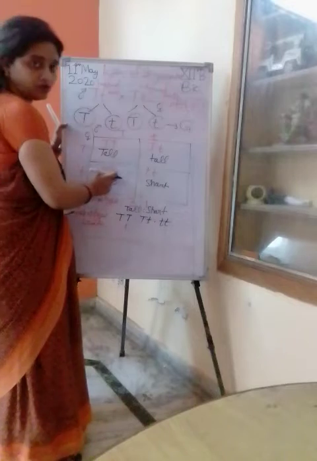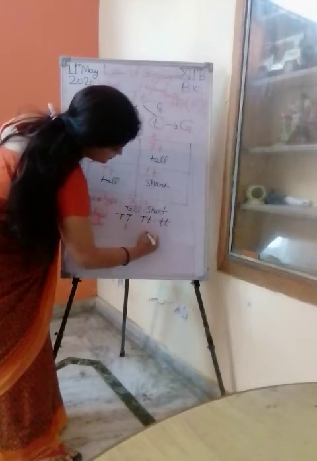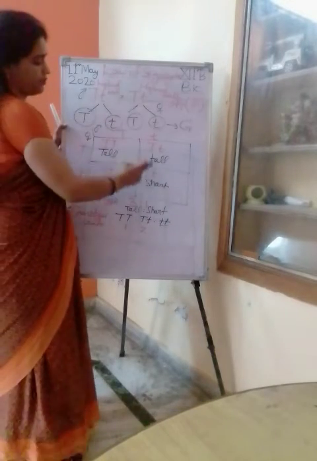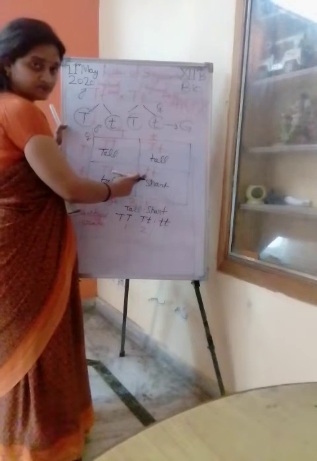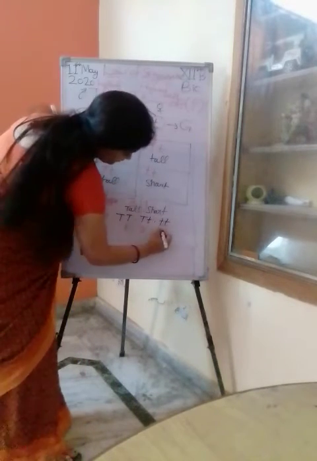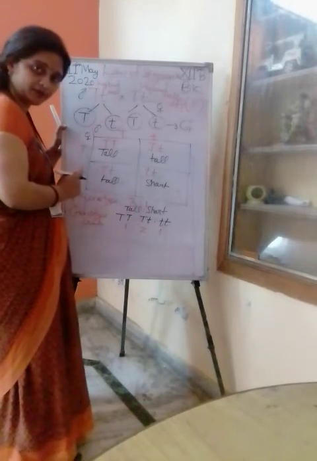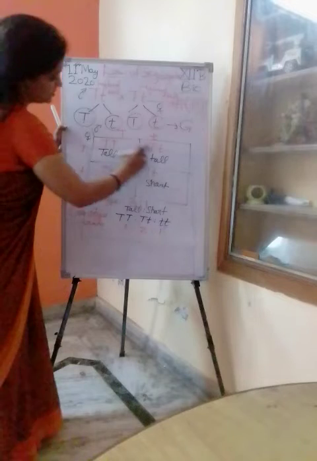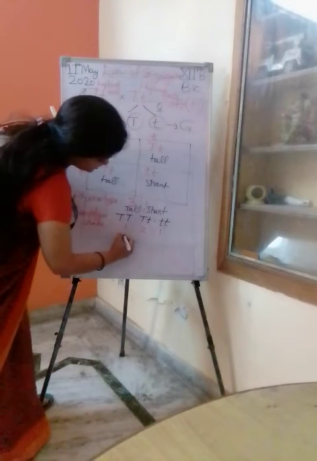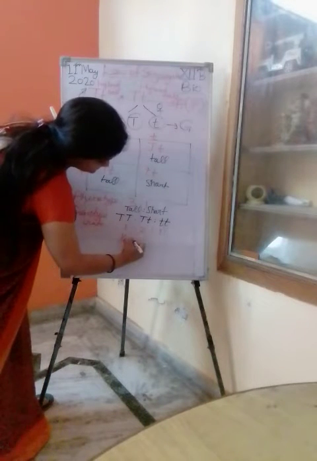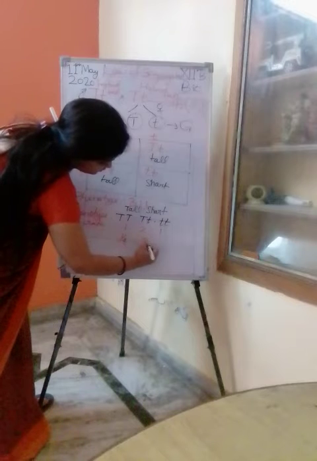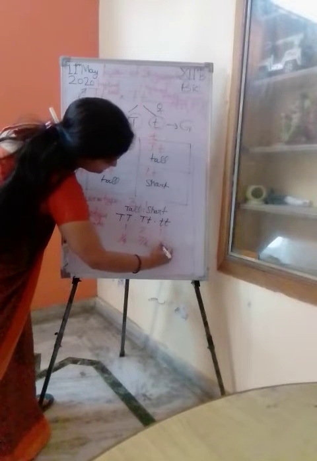How many times in a box? 2 times. Write down the 2. How many times is small t in that checkerboard? 1. So the ratio is 1:2:1. It means that for each box, how many ratios? 1/4 and 2/4 and 1/4.